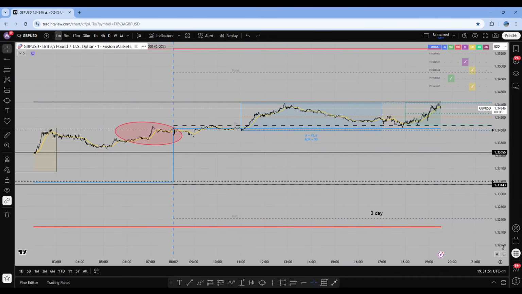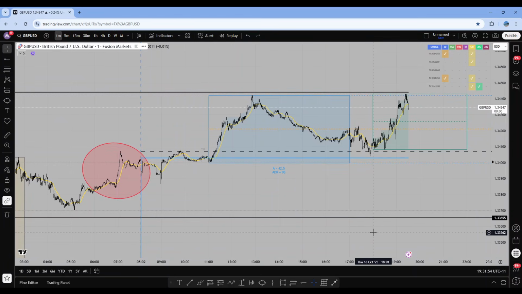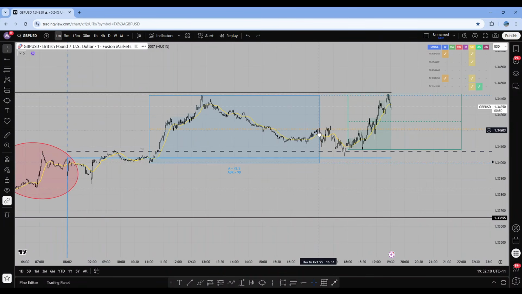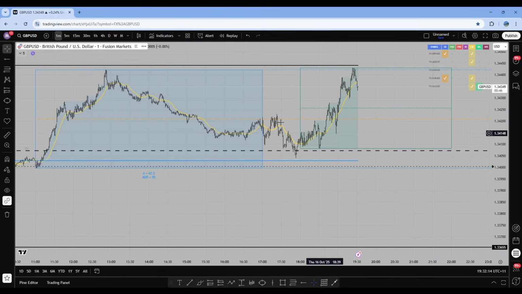What do we have? We have timings. The timing is the start of the London session. And we also have the levels. What levels are we on? Yesterday's high, and we are also close to the open of the day. The market comes down to yesterday's high and just starts rejecting